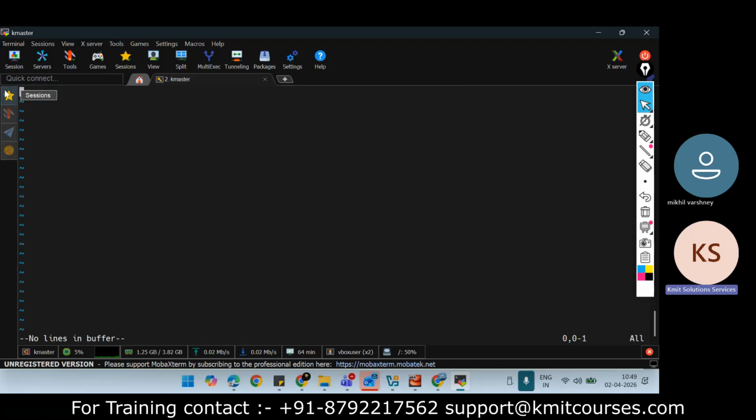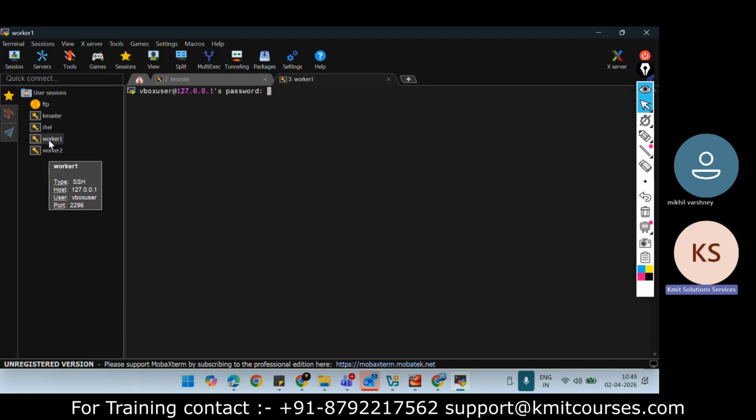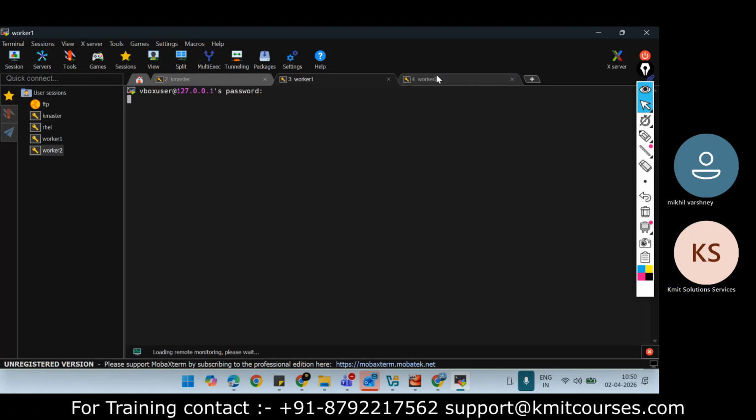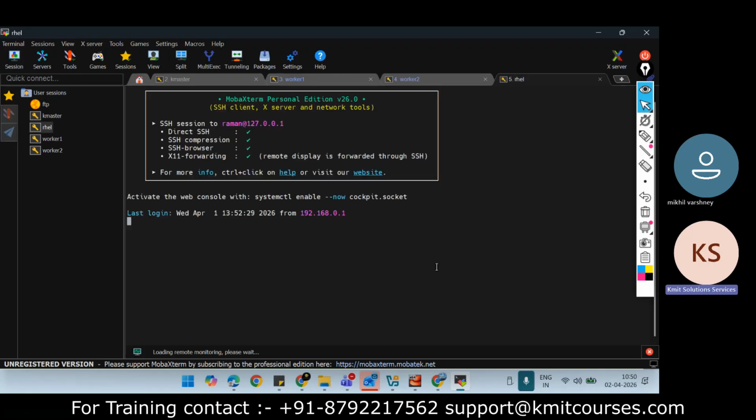Now I have my server, which is worker one. I will consider it as my web server, and worker two as my web server. I also have created one Red Hat machine, which is the RHEL. That also I will take as a client of my Ansible.